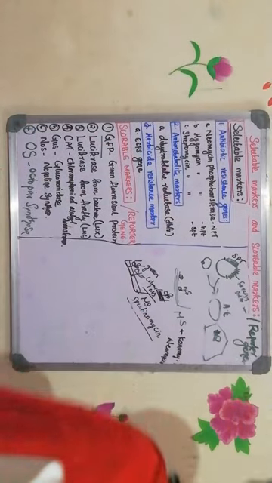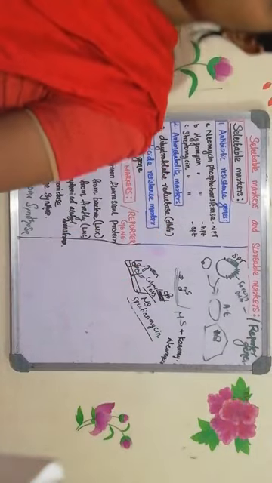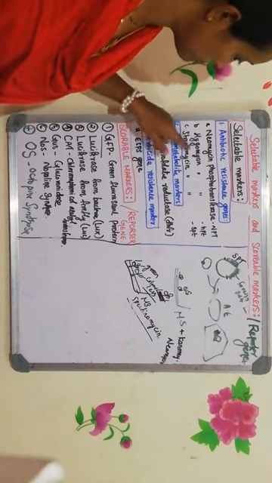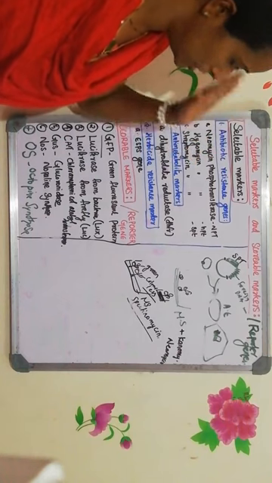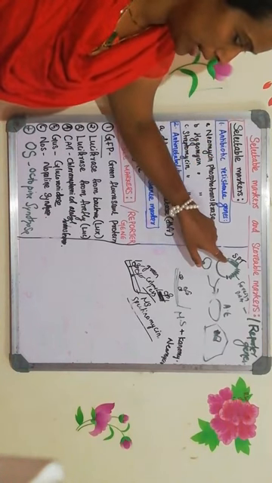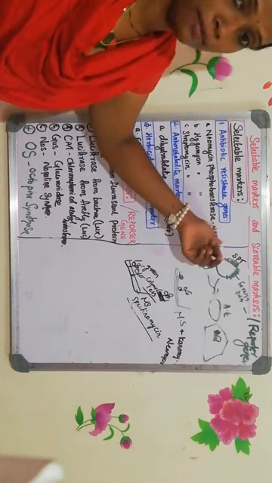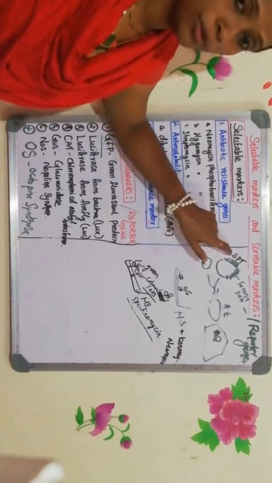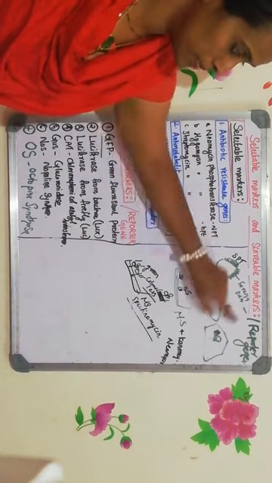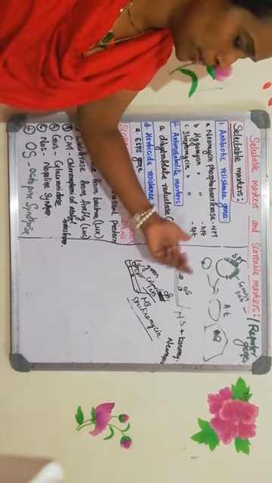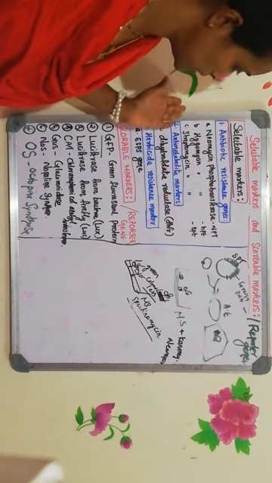Three antibiotic resistance genes are there. Neomycin phosphotransferase, second one is hygromycin phosphotransferase, and the third one is known as SPT, the streptomycin or spectinomycin phosphotransferase gene. You will be putting the foreign DNA and the selectable marker under the control of the same promoter. If it is a dicot plant, you can use the CaMV promoter. If it is a monocot plant, you can use the ubiquitin promoter. And with the help of a helper virus, you will be transferring into the plant cell. You can select the plant cells by growing them in a media containing the appropriate antibiotic: neomycin, hygromycin or spectinomycin.